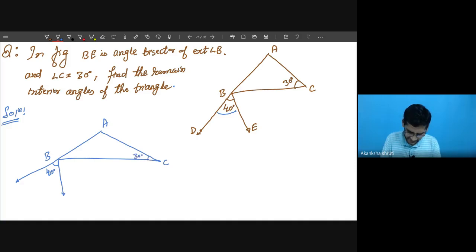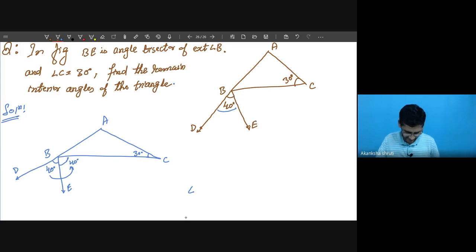The figure is like this, student. I have just redrawn the figure. In this case, when this is 40, it is given that angle bisector means this will also be 40 degree. Okay, student? Are we getting like that? So, exterior angle B, what will be this value? This is 40 plus this 40. Why have we just written this 40 in this figure? Because D is angle bisector. So, we may write 40 plus 40. It is 80 degree. Are we getting like this?